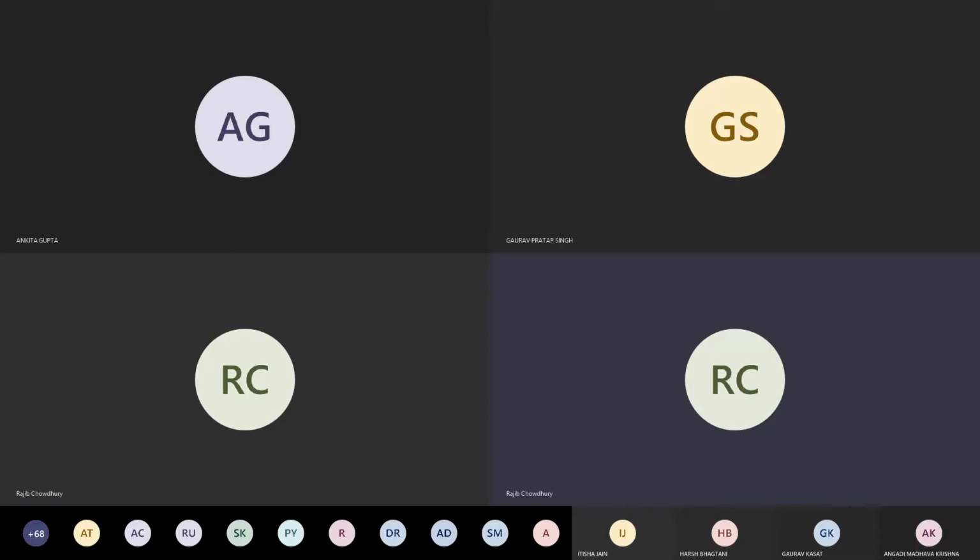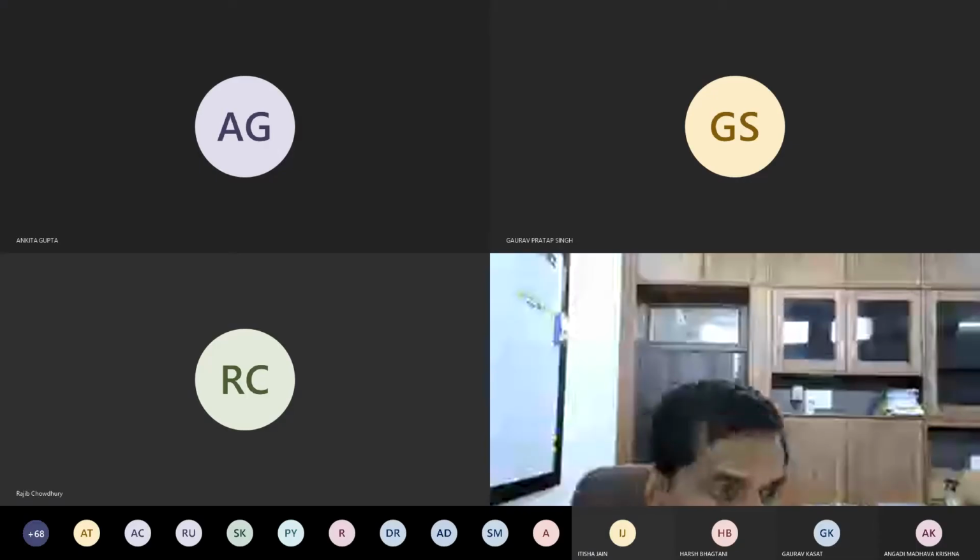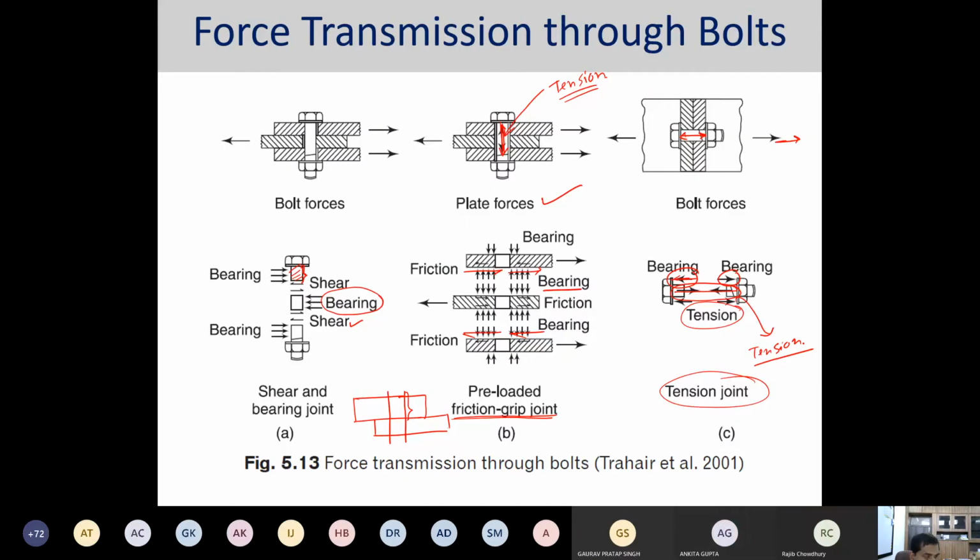What are the different failure modes of the bolts, what are the different characteristics of the bolts, and what are the different geometries, in terms of what is called the shank area, what is called the threaded area, and so on. So from there we have identified the different failure modes for any typical bolted construction or